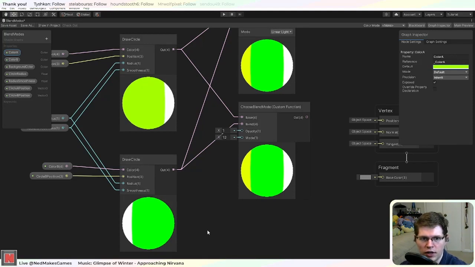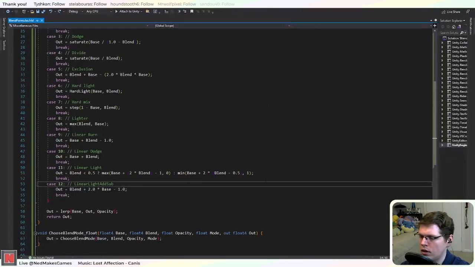Linear dodge is actually add from the looks of it. You looked it up. You mainly use Krita, and they just call it add, which I think honestly is clear. Yeah, I completely agree. I don't know why it's not called add. There must be some historical reason, but okay, well,